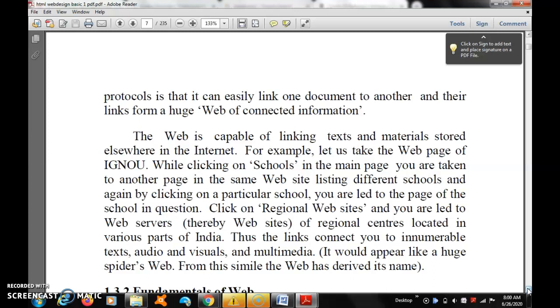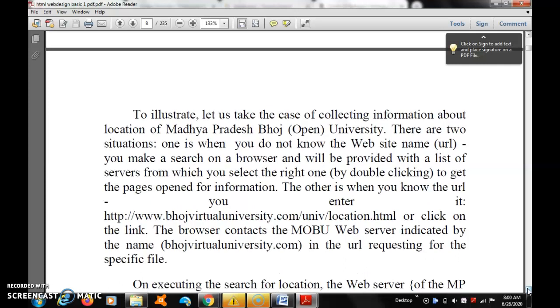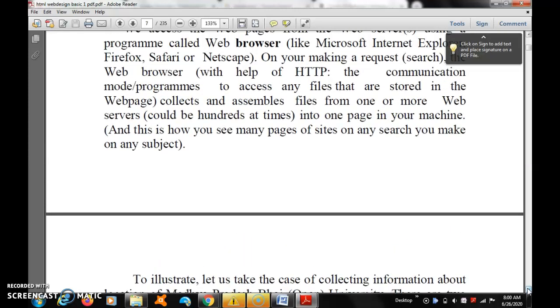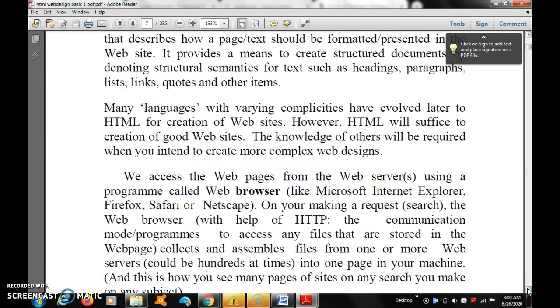So regional centers located in various parts of India, with links connected to immutable text, audio and virtual multimedia based education. So here the title is browser based explanation. So in this browser based